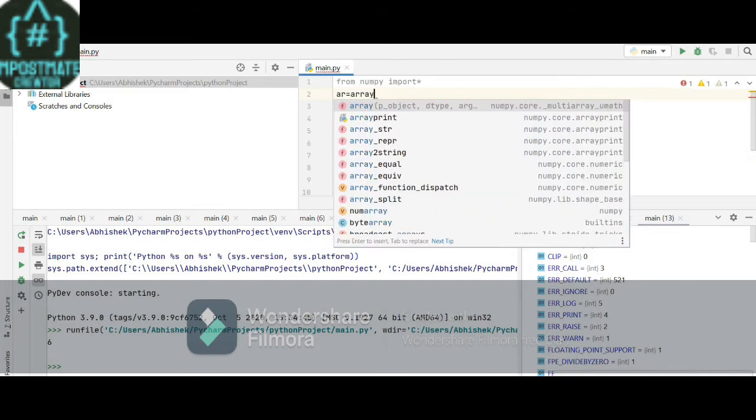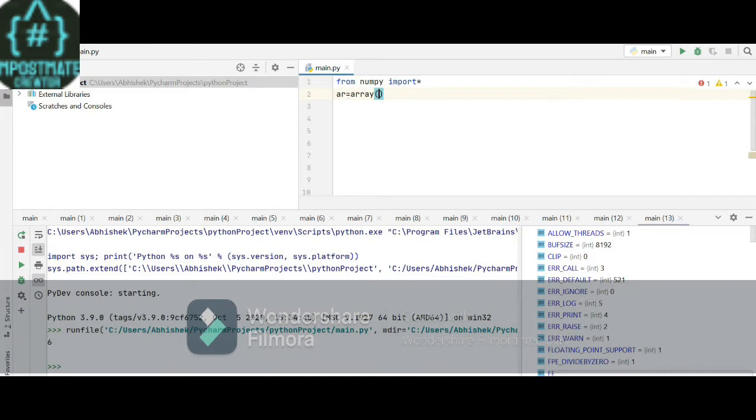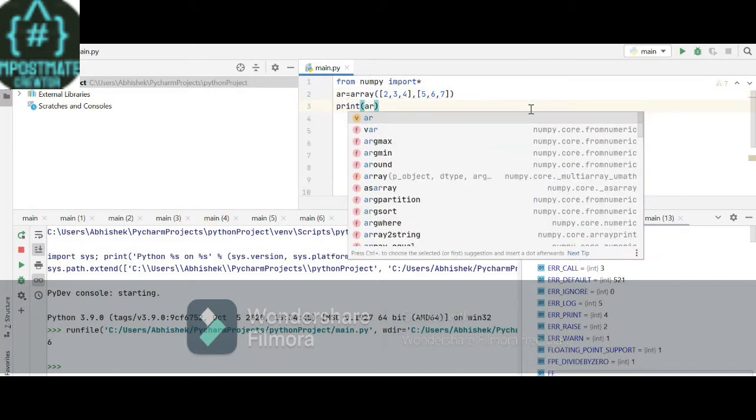Then the array function is important, and then let's put some values like 2, 3, 4, no 23, 2, 3, 4 like this, and then another set of values, 5, 6, 7. Okay, and now let's print AR,